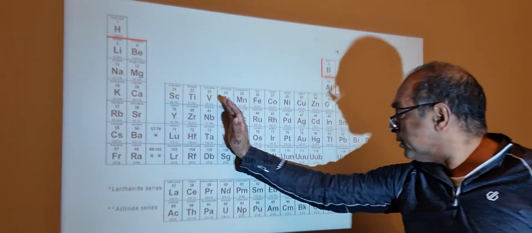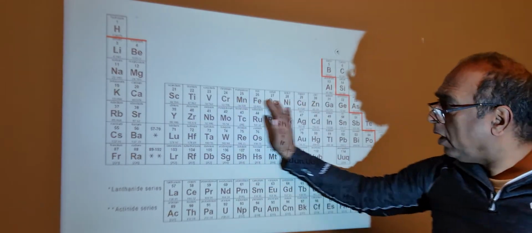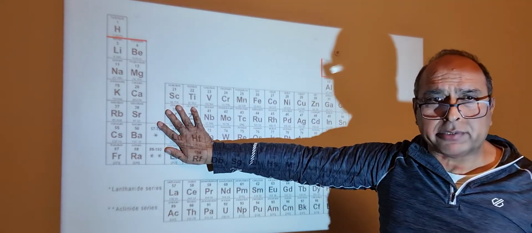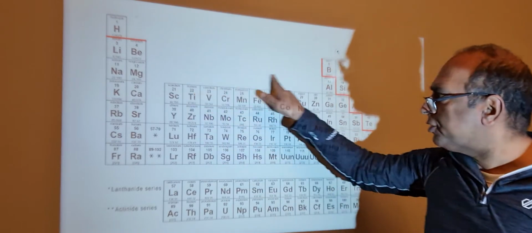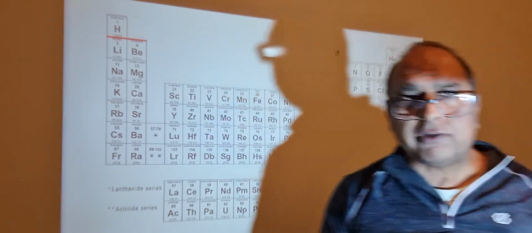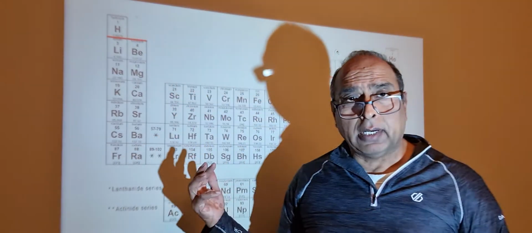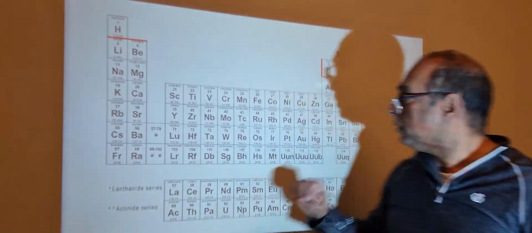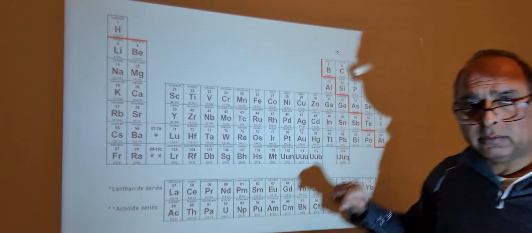All of these elements are called transition elements. So you can write transition elements here if you want, or transition metals. You're probably better off writing transition metals, because they're all metals, and that's what I want you to know. When we get to boron,